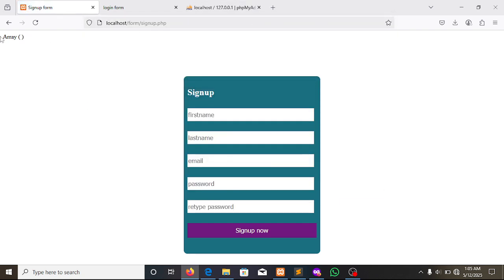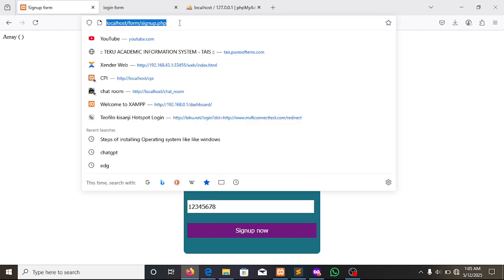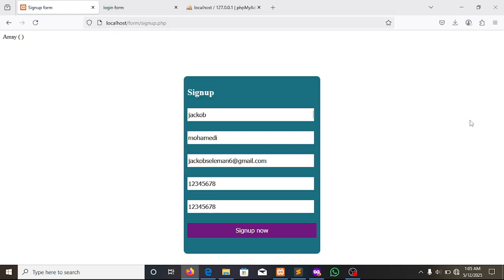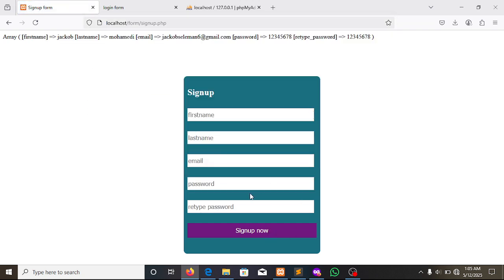So it is showing again an empty array, but if we fill those gaps here, we will notice that all the data is not seen in the URL, so the URL is cleaner. And if we click here sign up, we see down here where I've already printed,